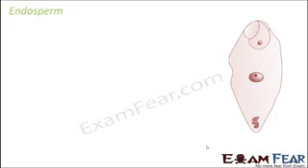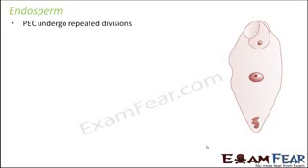So let us see what is endosperm, how it develops, when it develops and everything related to it. Now as I mentioned before, as a result of fertilization, primary endosperm cell is formed. This primary endosperm cell is a triploid cell, and this triploid cell later undergoes repeated division and it forms the endosperm. So where is the primary endosperm cell? So this is the primary endosperm cell.